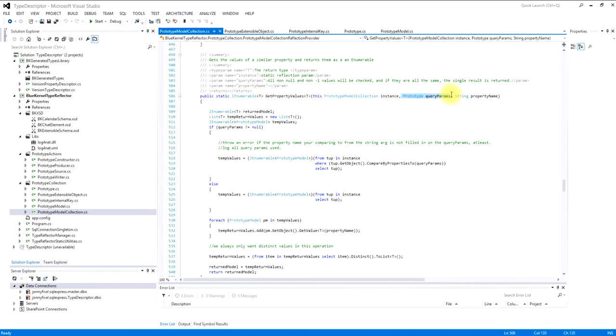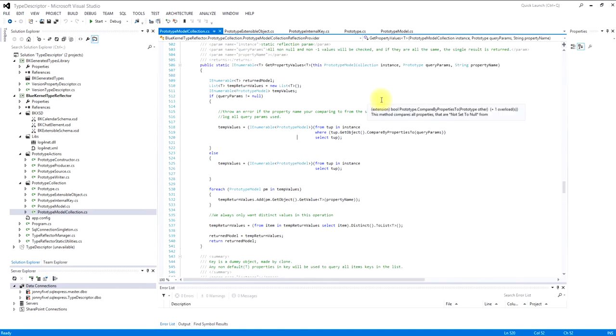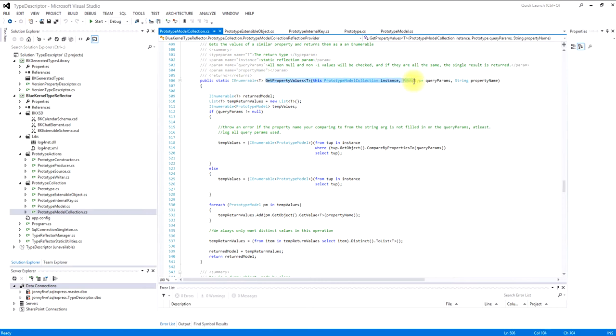I have a prototype query params and then a string property name. What this method does, which I'll find some references, is you pass in the type you want to return, that is the type that returns from the property, and a query params object. This object you would new up before calling the extension method. You new it up, and the only properties you assign are the properties that are queried on for each object in the collection. As you can see, you call this extension method on the collection, and then down the road